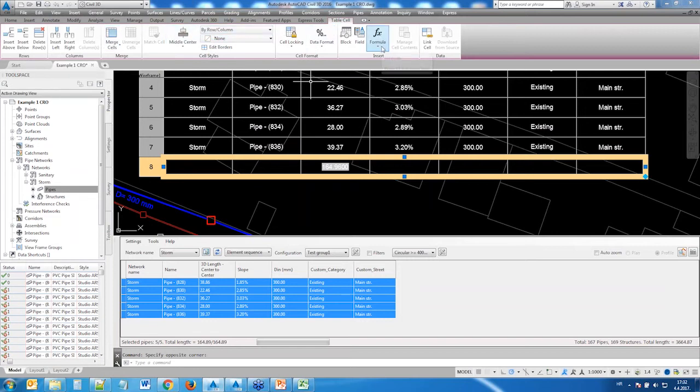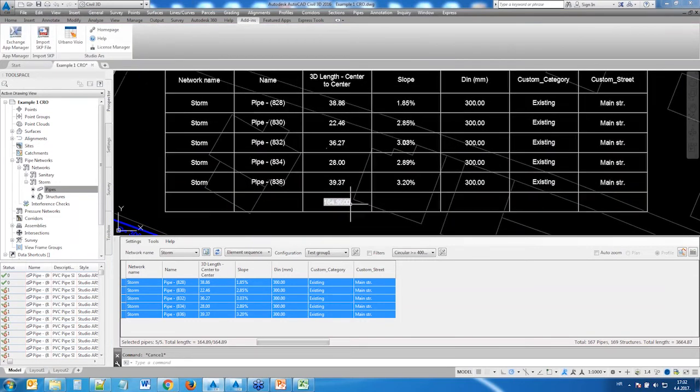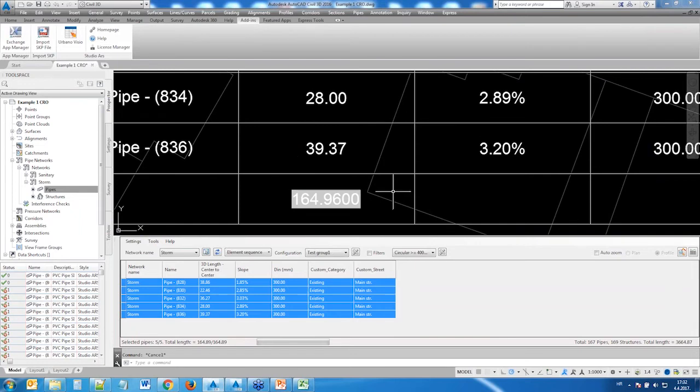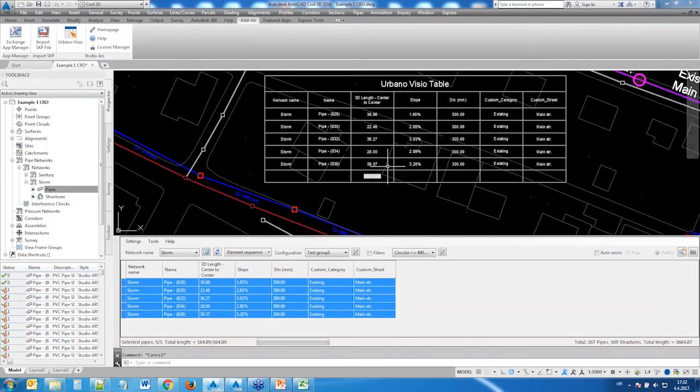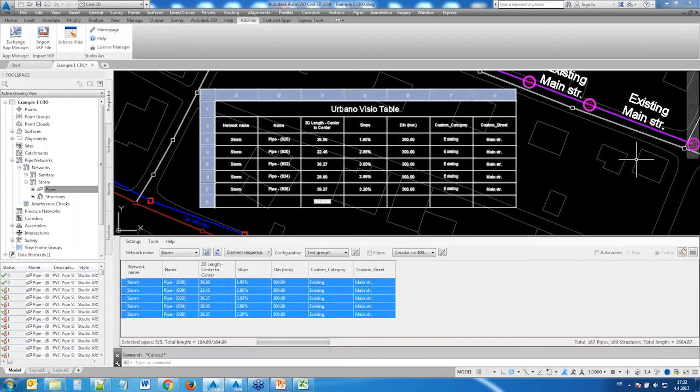So I just created a little sum of this column. It's quite fast to do. So you can use all of the AutoCAD editing functions as you wish, but we put Civil 3D data inside